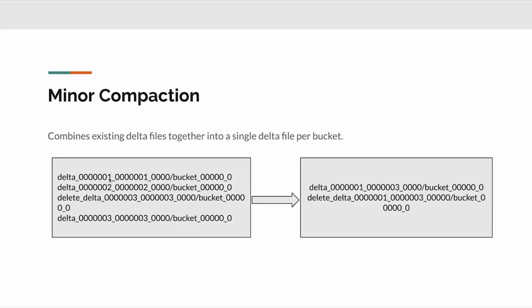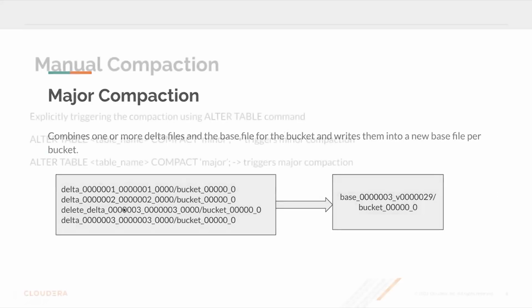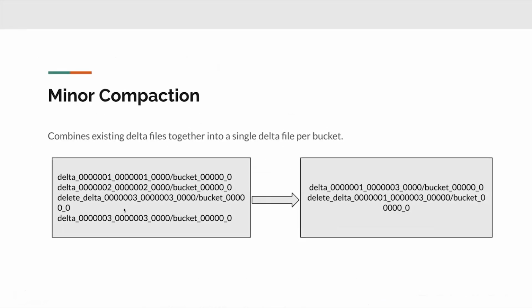So if you see here, this is the transaction for first write ID, which will be insert 1, 2 and 3. We have 3 delta files here. All these 3 combined together, this creates a new delta directory, and the bucket ID will be saved. So now, since 1 to 3 data is present here, the new delta directory that we created will have 1 minimum write ID to 3 maximum write ID. So that this tells that from the write ID 1 to 3, all the data is present in this delta